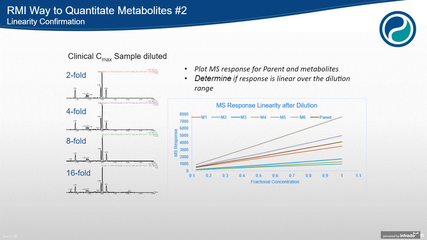If you see nonlinearity, you simply modify the ULC gradient, so you pull apart the metabolite and whatever the matrix component is that's causing interference, and you do that until you find a linear response for all of the metabolites of interest. So having a linear response, we now are able to analyze. There's a comment at the bottom: matrix matching may hide the problem, whereas we're eliminating matrix interferences by this approach.